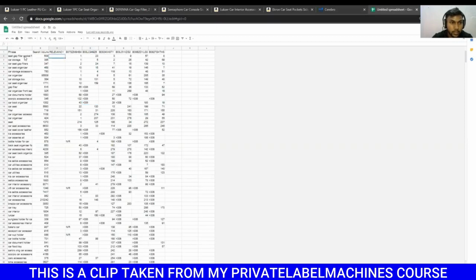Now what we'll do is find out, for this keyword, how many of these ASINs are ranking on the first page. For the first page we generally consider the top 30 spots. It depends, sometimes it shows 16, sometimes 24, but generally the first 30 spots will be the first page. So we'll see how many of these ASINs are ranking for this keyword on the first page. We'll do a formula here, equals COUNTIF.